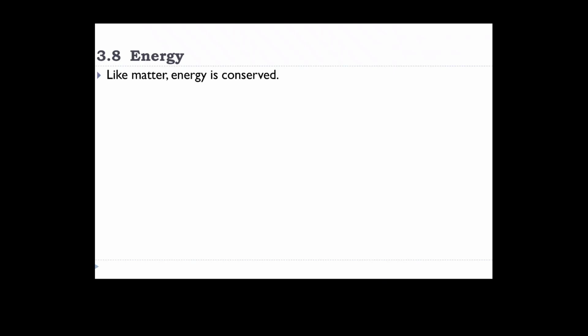So we talked about matter, and we said matter is stuff, right? Anything that has mass and takes up space. Well, what is energy? What's the middle school or high school definition for energy? Anybody know? That's right, the ability or the capacity to do work. And energy is a conserved thing. Can you tell me different types of energy?